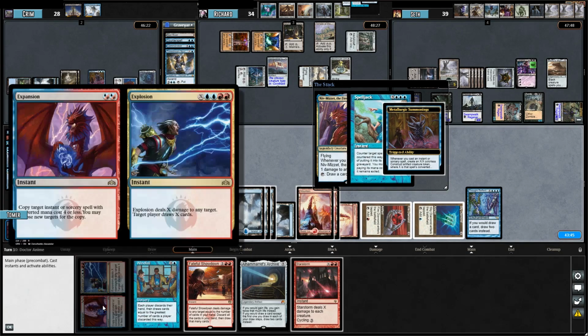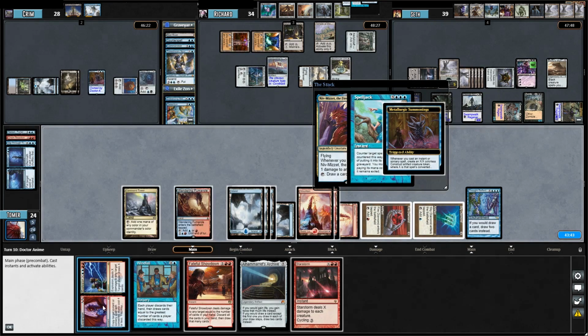Yep. Sounds like you should use it to deal 1 damage to Lily. You could kill the Liliana and draw some. You'd actually draw a lot of cards. Yeah, I mean, that sounds great. You could do that. I guess I...